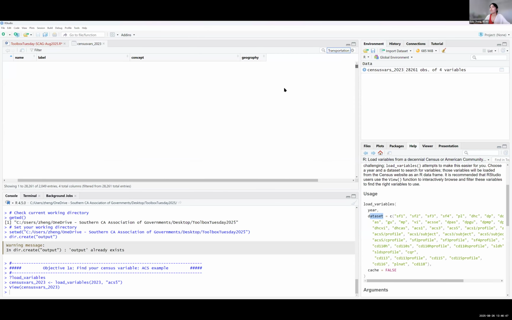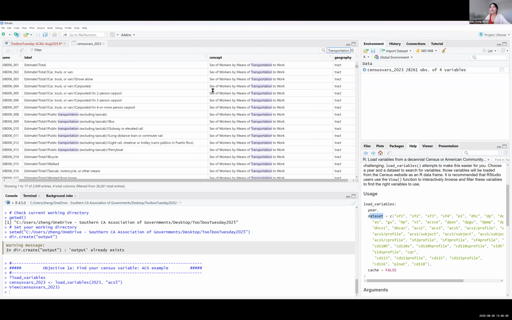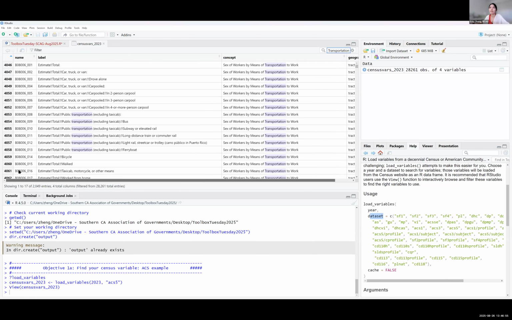So now you can probably see that it's still kind of hard. If you don't know you want to start with B08006, it's still kind of hard to find your variables because this is like 2,000 variables, still a long list to go through. But I think one way you can shorten this list is to get a tabulation of this concept column.